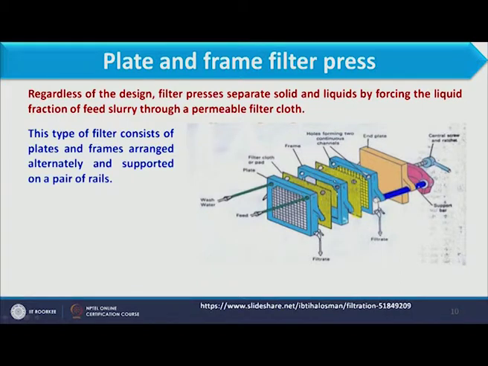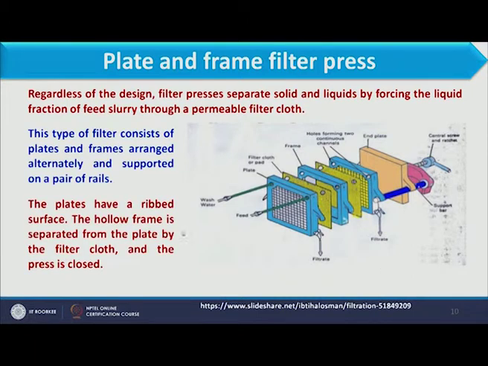However, when you see the frame, it has a hole over here, and though it is empty in between, whatever liquid is coming in spreads in this region. Once it is spread in this region, it falls in this way and in this way. As both sides of the frame have filter media, once the feed enters, filtration takes place at both sides of the frame. So this is the basic working of the plate and frame filter press.